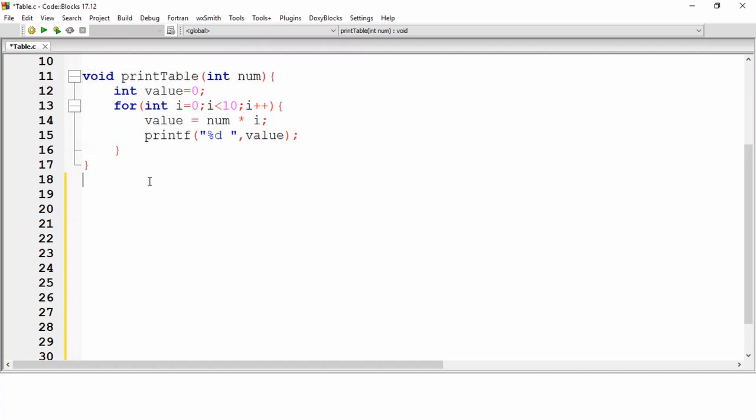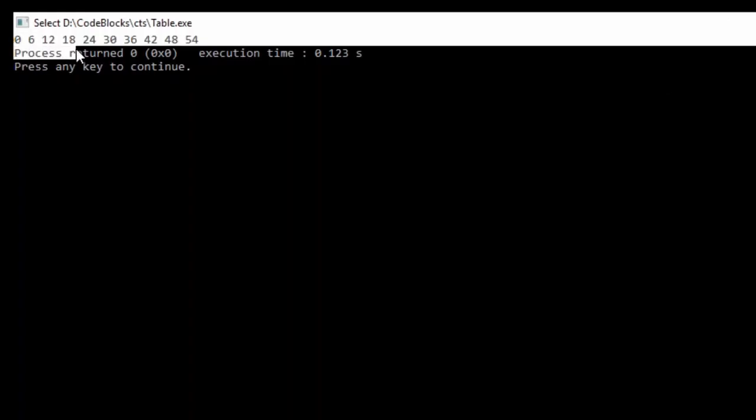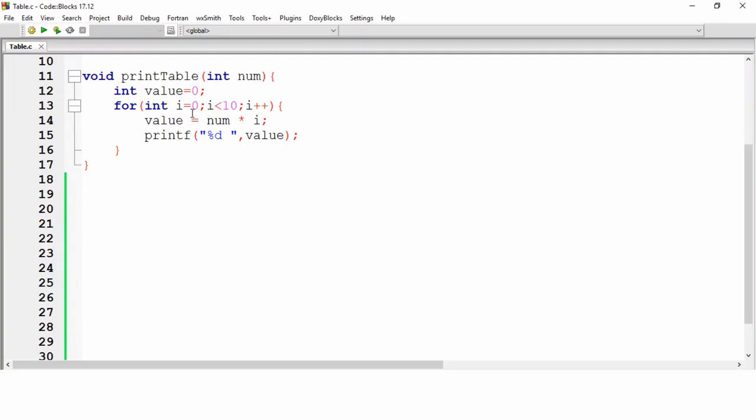Now as you can see, this is the code which is given in the question. So first of all, if we compile this code, then it is compiling successfully. And now if I run this code, you can see for the value 6, we are getting the output as 0, 6, 12, 18, 24, 30, 36, 42, 48 and 54. So here if you clearly observe, we are getting an extra 0 and we are also not getting 60 at the end. So after compiling this code, we can say our i should start with 1 and our loop should iterate till our i is less than or equal to 10.